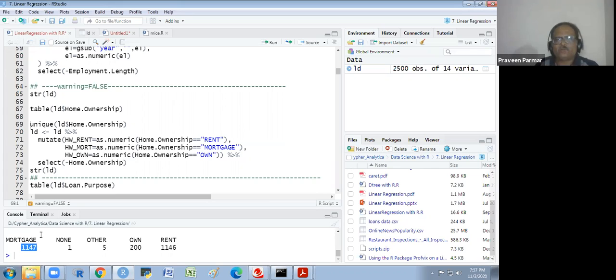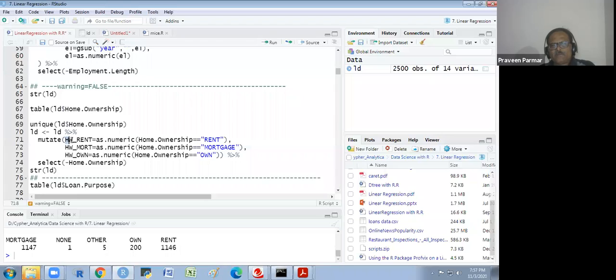So what I am going to do, we have a condition that we could take the dummy variables k minus 1. So we have 5 categories. At the most, we could take 4 dummy variables, where we are taking only 3. Other and none would be in the base category, both. Got it? It would be numeric, Jaideep. Got it? So we mutate it.